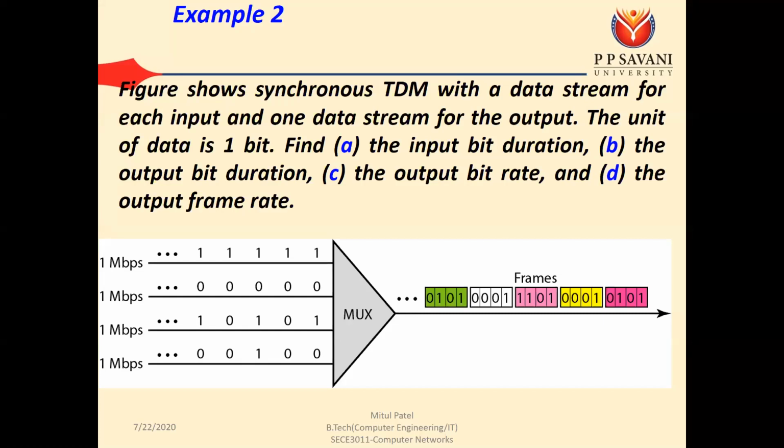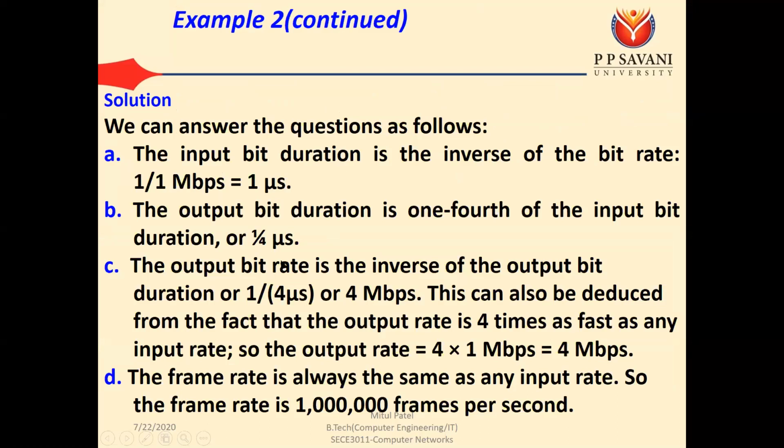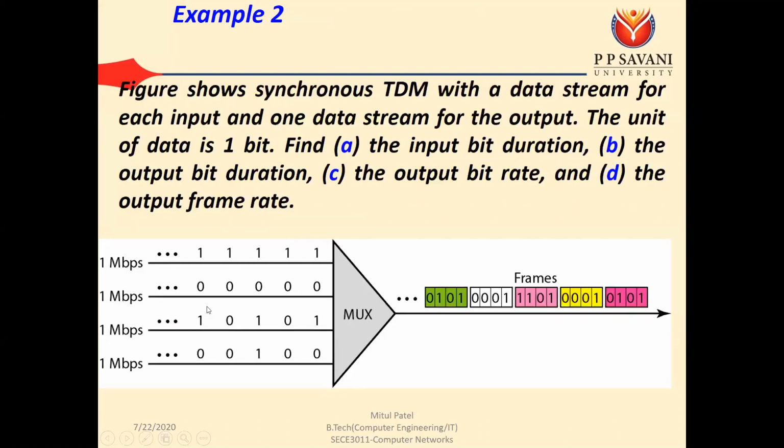Okay, so we can see here the input bit duration, for all these inputs, how much will it be? It is 1 microsecond. That is 1 upon 10 raised to 6 second, or 1 microsecond. So this one also 1 microsecond, this also 1 microsecond, 1 microsecond, 1 microsecond. Now the output bit duration. Okay, so here you can see that we have 4 input connections. Earlier there were 3, but here there are 4 input connections. So how many slots will our frame be made of? Our frame will be made of 4 time slots.